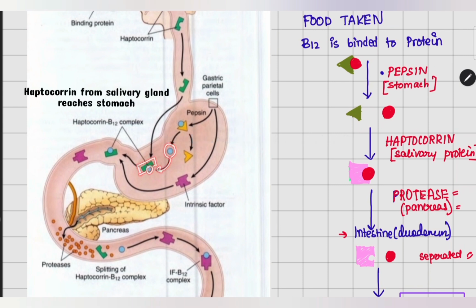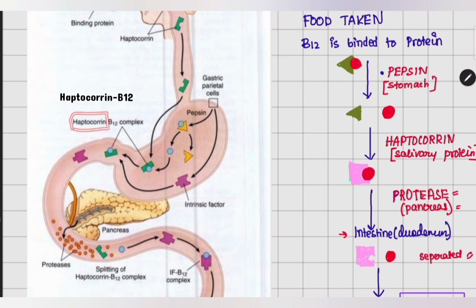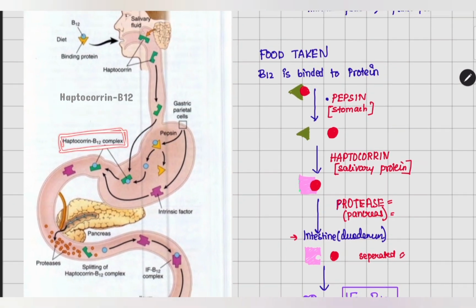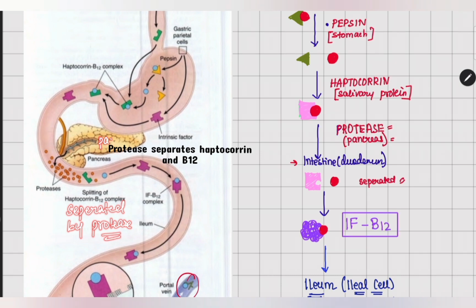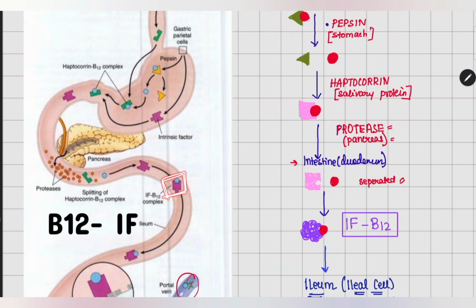Haptocorrin, which was released from the salivary glands, reaches the stomach and it binds to the free B12. They travel together to the intestine where the pancreas secretes an enzyme called protease. This protease separates the haptocorrin and the B12. Now this free B12 will at last bind to intrinsic factor, which was released by the parietal cells of the